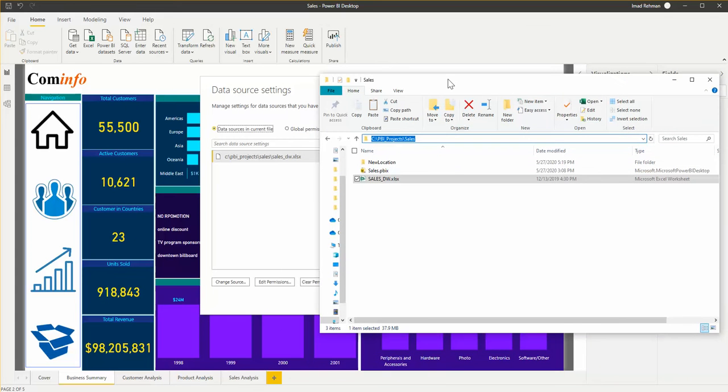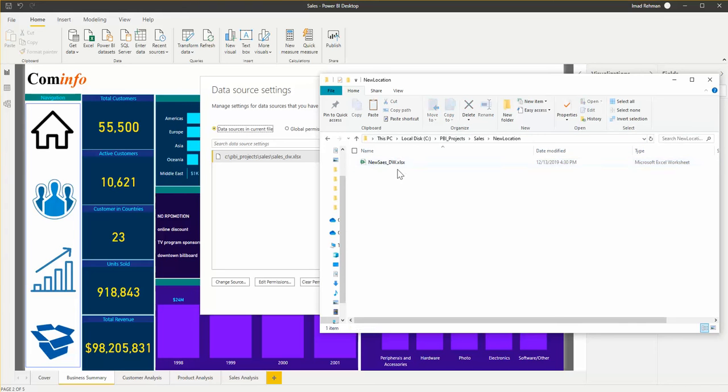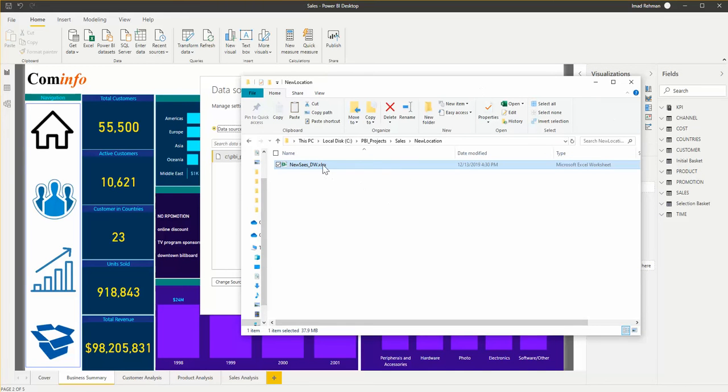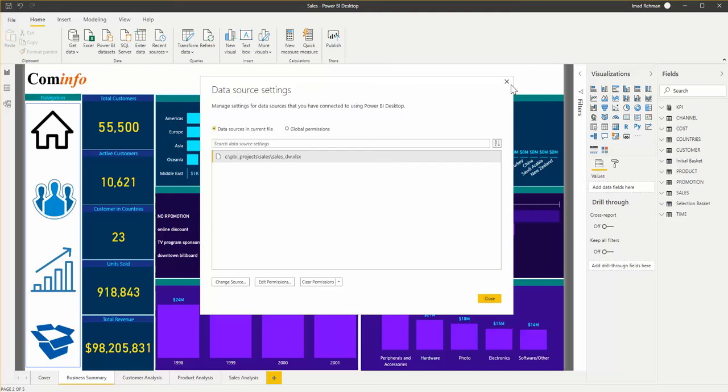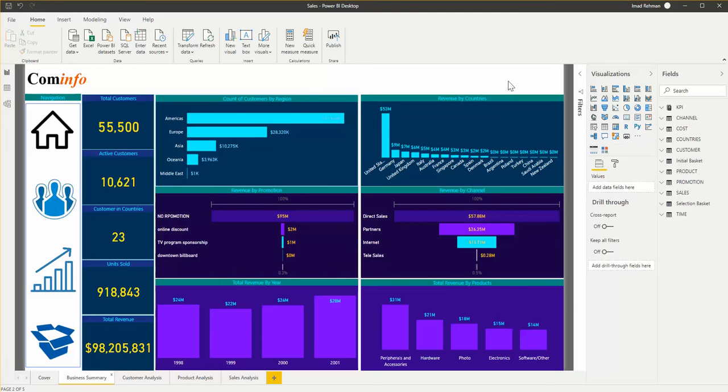But let's say for whatever reason I have to move this file to a new location right here, and let's rename it correctly. I'm missing sales right there. So I need to change this location. There are a couple of ways we can do that. One, which is a long way, is if I go to data source settings,